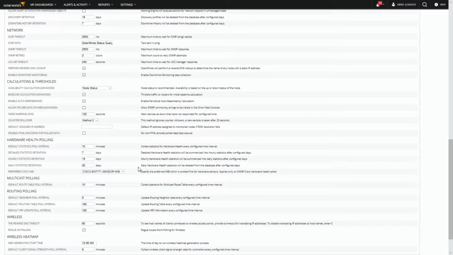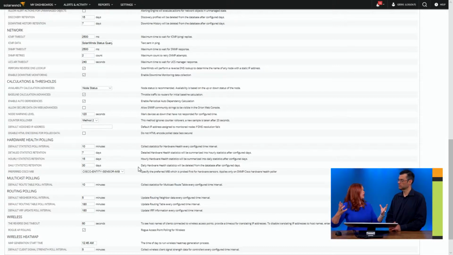So if you notice changes that you can manipulate that can affect your performance, for good or bad, those are in the polling settings, because technically it's the pollings and the queries that are being done on the backside. When we go down here, we can see that for the network, we have timeouts. Now this ICMP data is key too, because this allows you to set the weight behind the ICMP. Some devices need an X amount of characters to have a different kind of kilobyte payload that will go across it. Some devices do not like it, so you can actually turn it down a little bit.